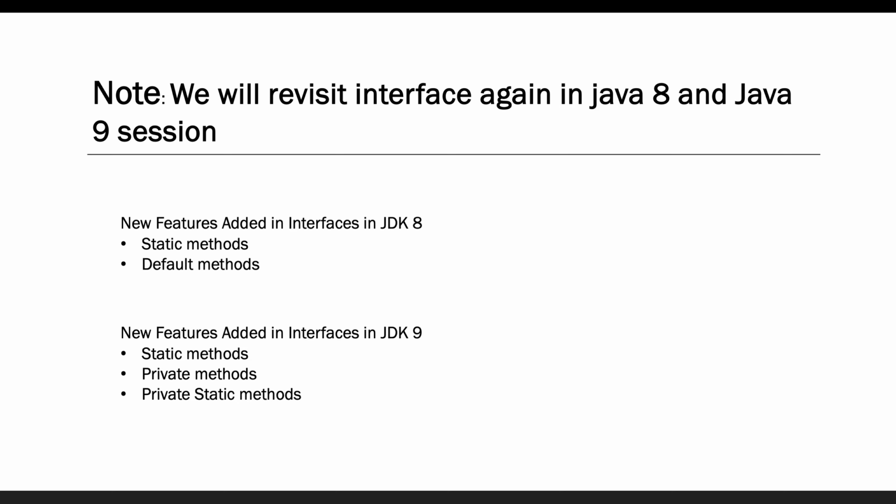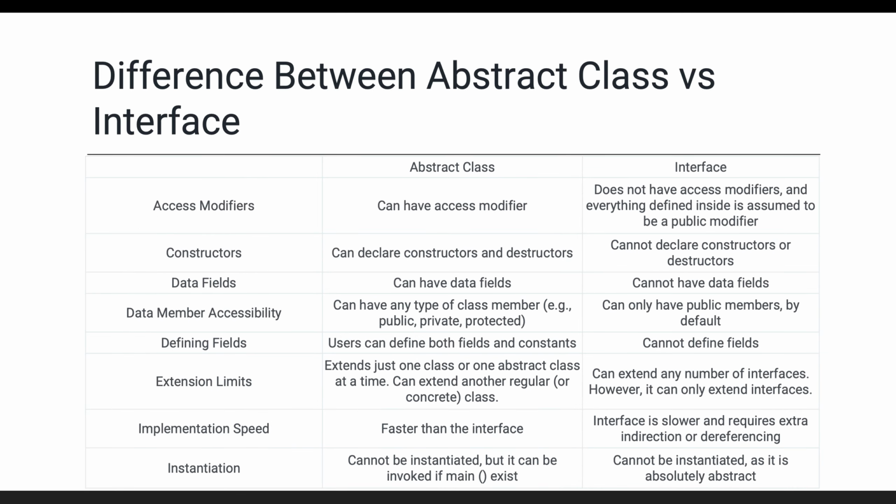Now let's see what the major differences are between the interface and the abstract class, because we have already seen that with both interface and abstract class we can achieve abstraction. So there might be some differences, some of which we have already discussed. Let's see them one by one in terms of some behavior. This is the abstract class and this is the interface. In terms of the access specifier, basically an abstract class can have access modifiers, but an interface does not have access modifiers.